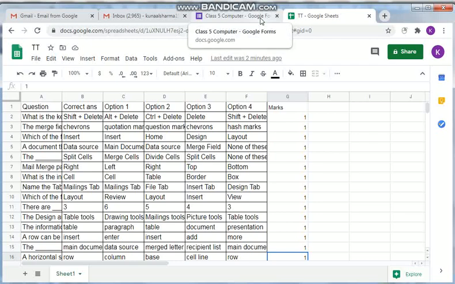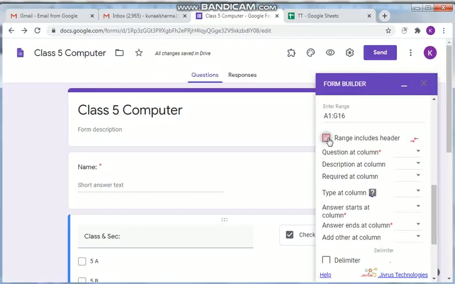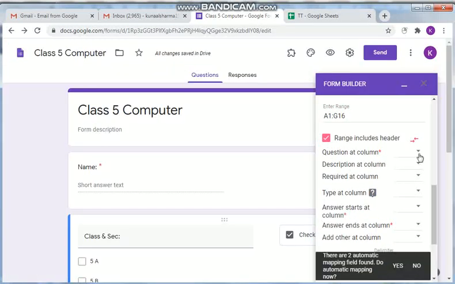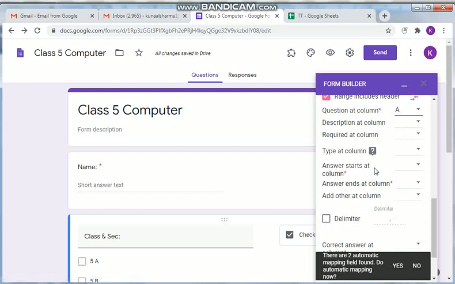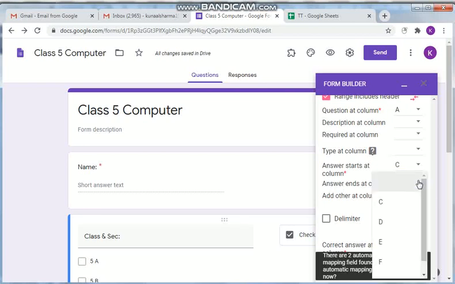So I'll click on the option here, range includes header. Then please give the questions column, please write down somewhere and use: questions are in A. Then you have to give only the star marked things. Then give answer starts at C, answer ends column is F.